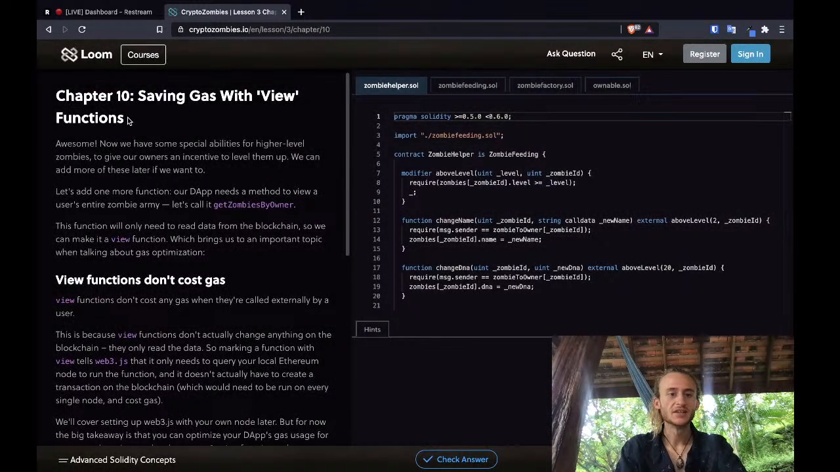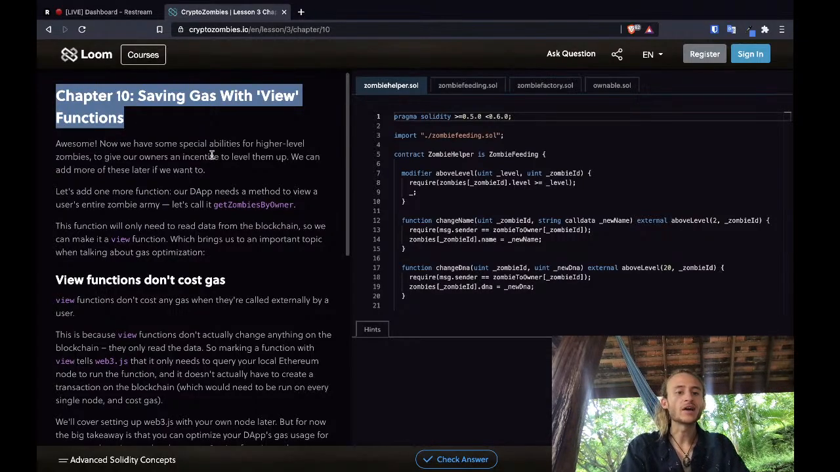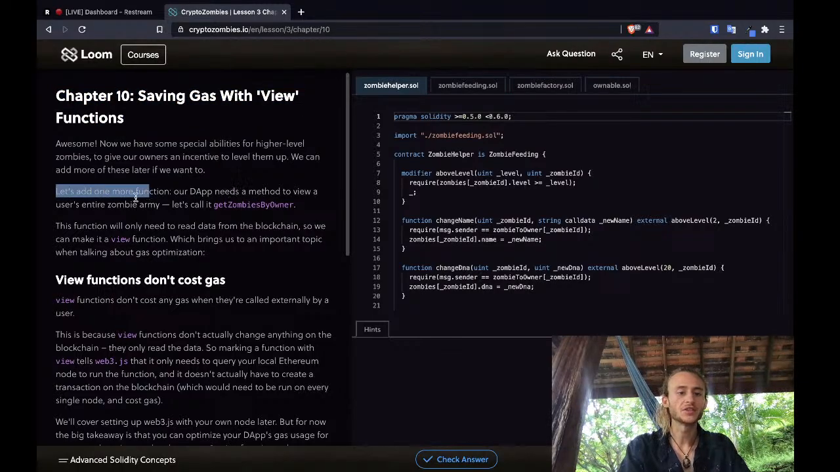Chapter 10. Saving gas with view functions. Awesome. Now we have some special abilities for higher level zombies to give our owners an incentive to level them up. We can add more of these later if we want to. Let's add one more function. Our DApp needs a method to view a user's entire zombie army. Let's call it getZombiesByOwner. This function will only need to read data from the blockchain, so we can make it